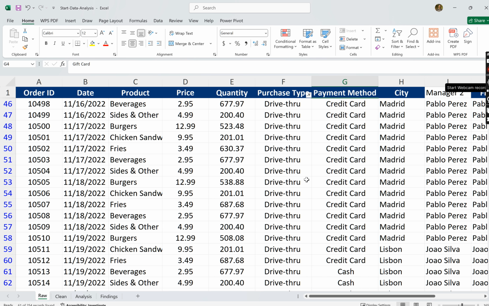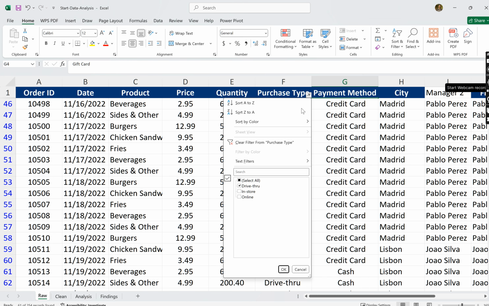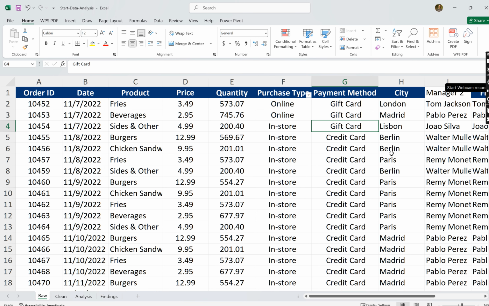So when you check, you can see everything that appears is the drive-through. So that is how to add a filter also in column. It helps you to clean your data so easily. Another thing that I want to show you maybe is